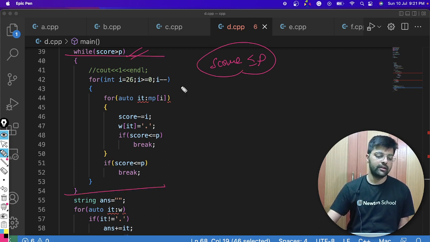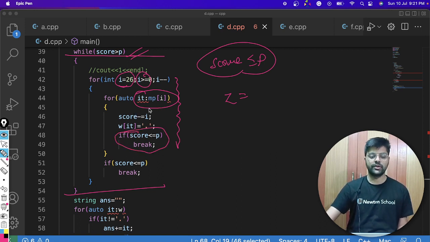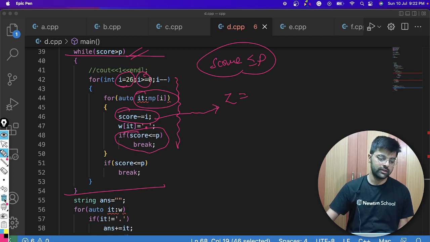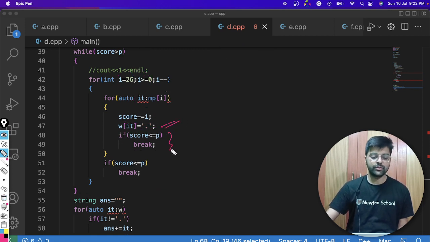And as we can see, we needed to remove the maximum scoring character, so that's why I have started from Z, and one by one I try to remove and decrease the score, right? And score minus equal to i, because let's say I am removing Z, if Z is present and I remove it, then the score will decrease by 26, right? And I have marked that position as dot, as you can see. If the score becomes less than or equal to p, then we break and come out of the for loop.